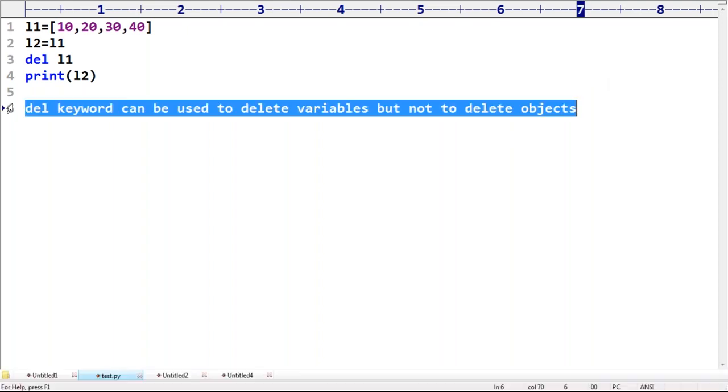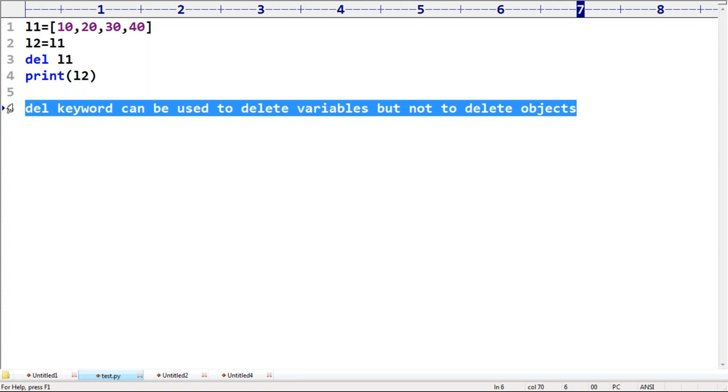Then who is responsible to delete objects? The garbage collector. There is one assistant in Python, and that is responsible to destroy objects. The garbage collector takes care of the destruction of useless objects. It never uses the del keyword internally. Don't worry, the garbage collector already has its own weapons. It won't use any del. Del is for the programmer's sake, to delete variables.